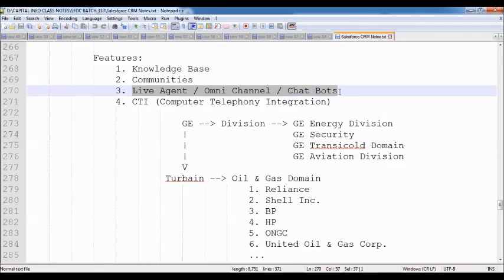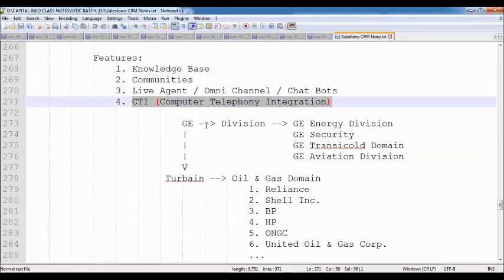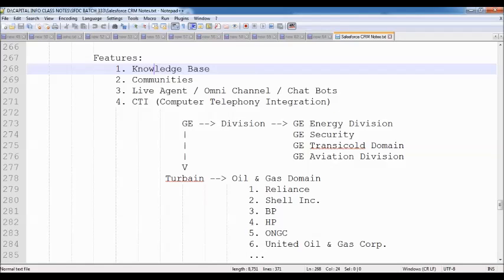These are also called chatbots, and the CTI, computer telephony integration. These are the 4 additional features offered by Salesforce as part of Service Cloud. Now let's see each and every feature, what exactly this knowledge base is, what is this communities, live agent, CTI, we'll see one by one.